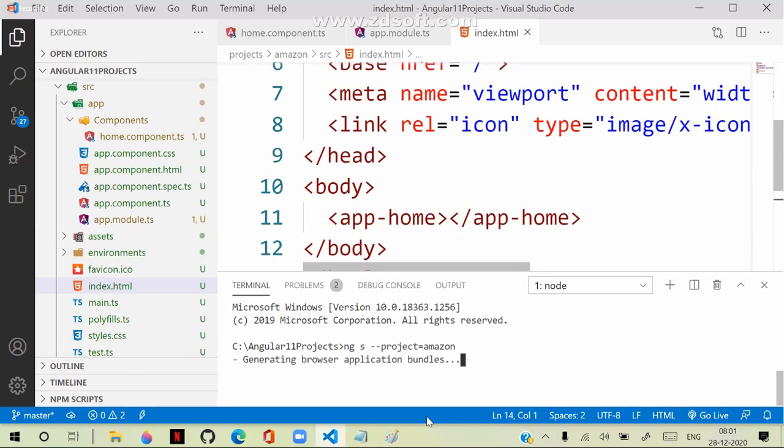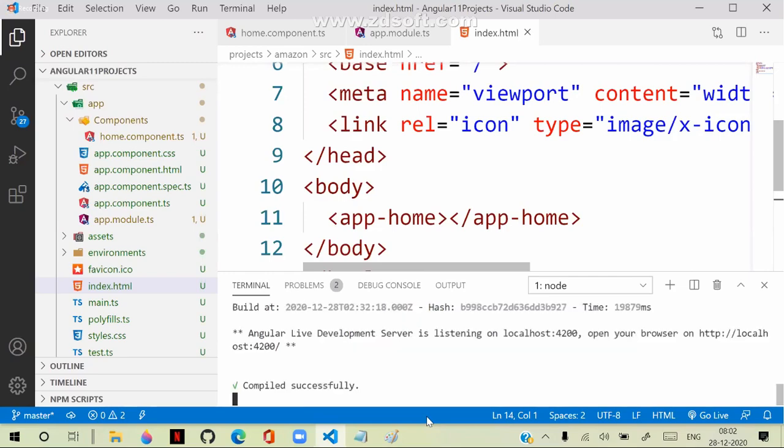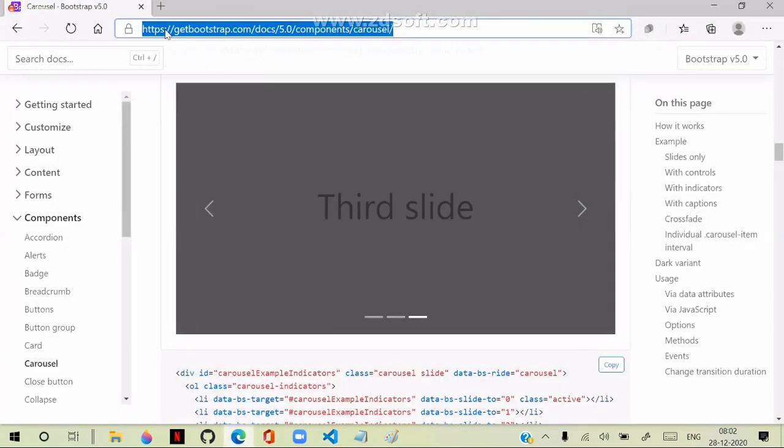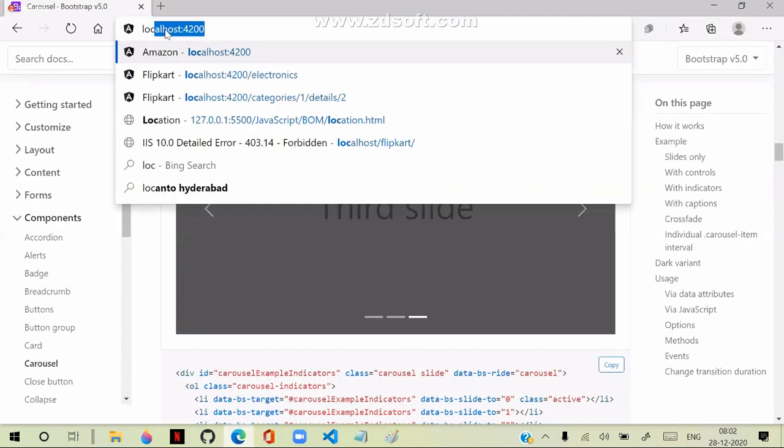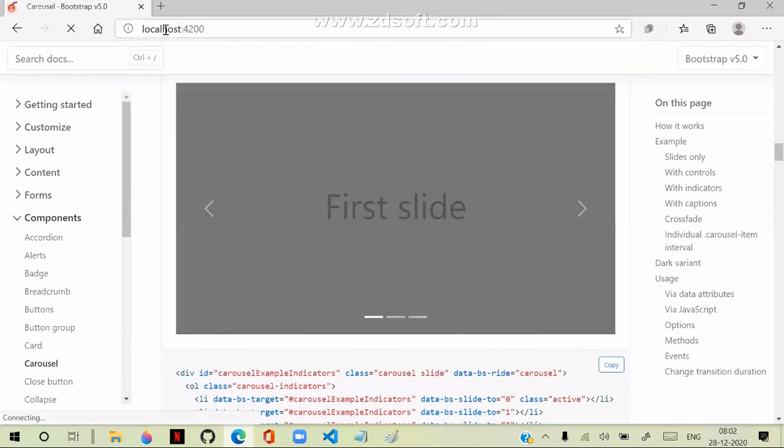Right? We are at the first level. Just one basic component we designed. In that we used only two things: one is a selector, another one a template. Currently our component is an inline component, meaning everything is present in one file. Okay, now let's run this and see everything is ready. It's compiled successfully. Once it compiled successfully, let's open the browser and access localhost 4200. That is where our application runs.